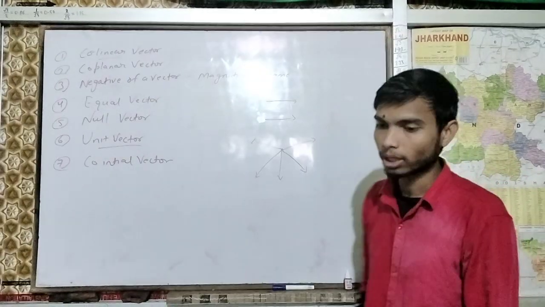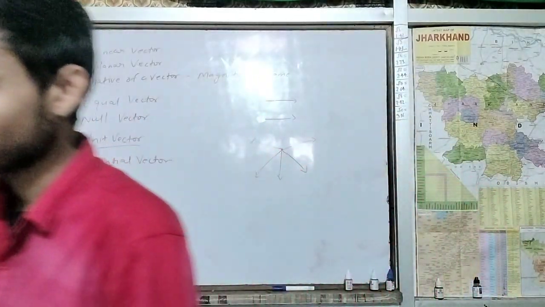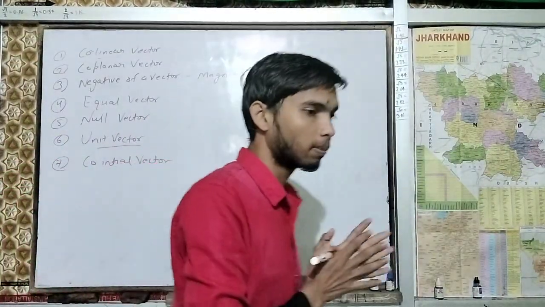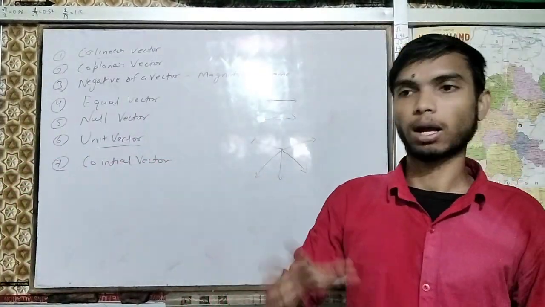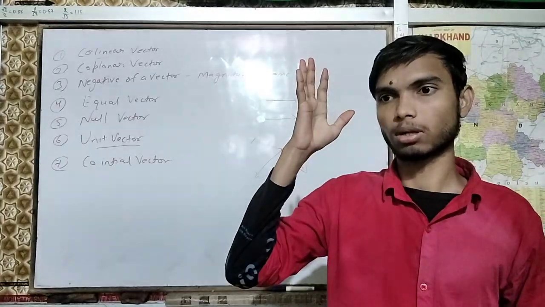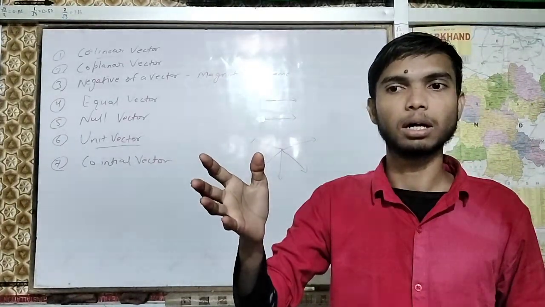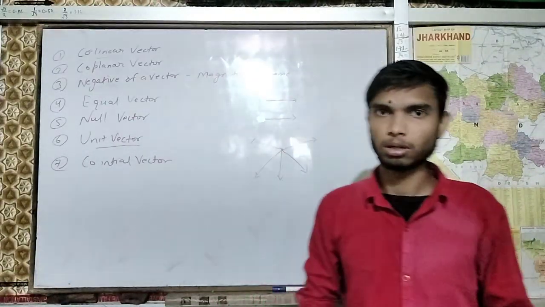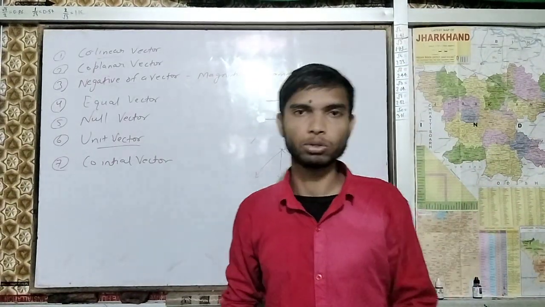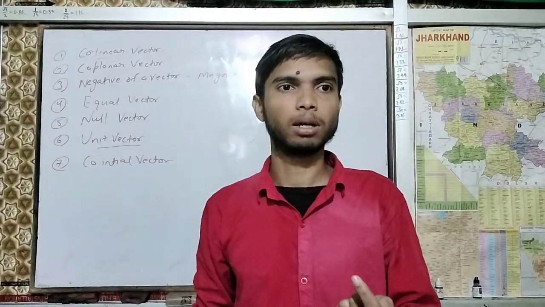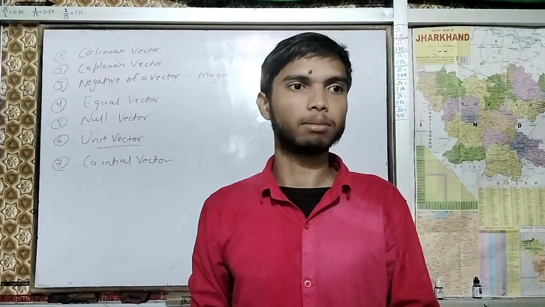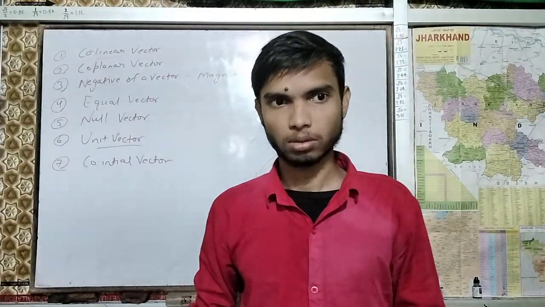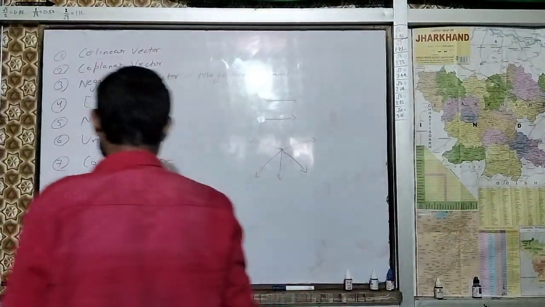What else? Once we completed this, we will jump on laws of addition of vectors. There are three laws: triangle law, parallelogram law, and then polygon law. Once you understand this, then